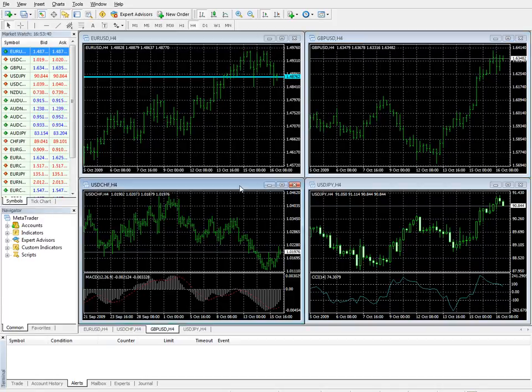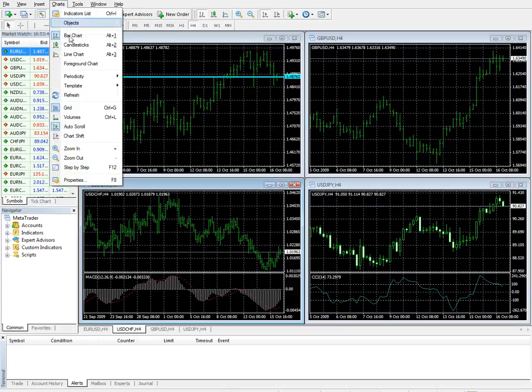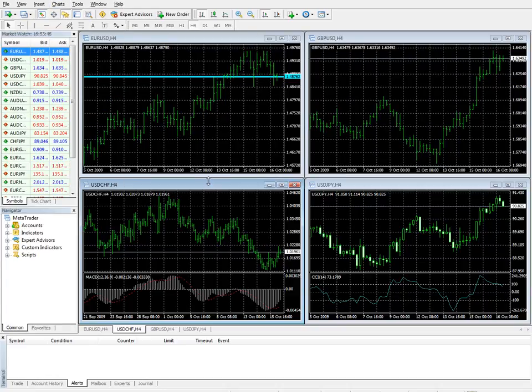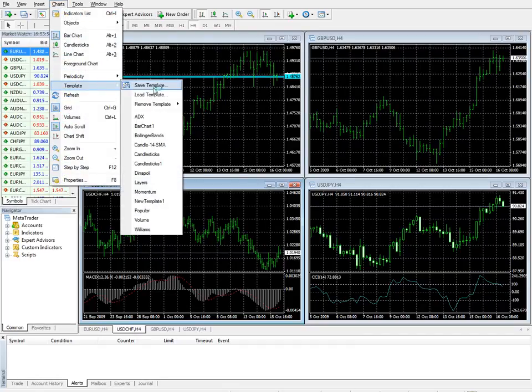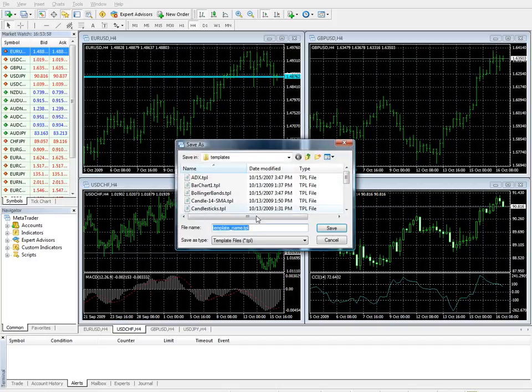And if we take this, say for instance, and we go down here and we say we want to save this with this MACD, moving average convergence divergence, we want to save that particular type of chart setup as a template. We can save that and we can call that something. We have to make a name,